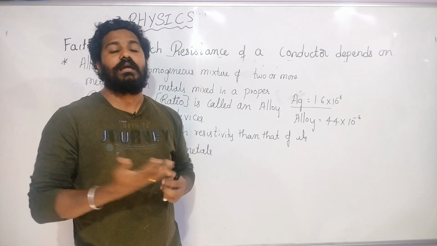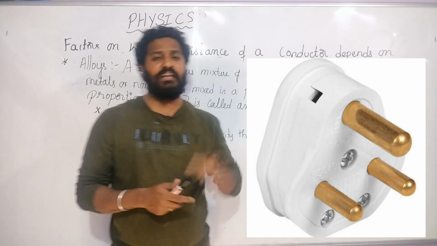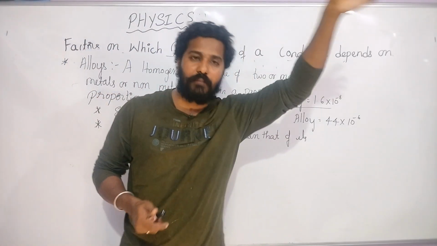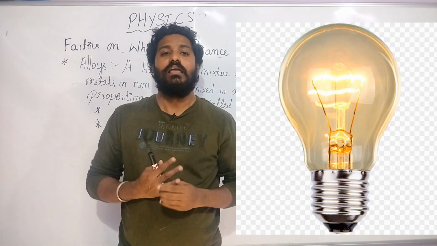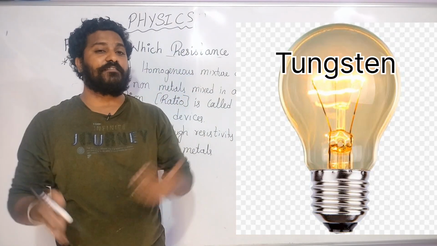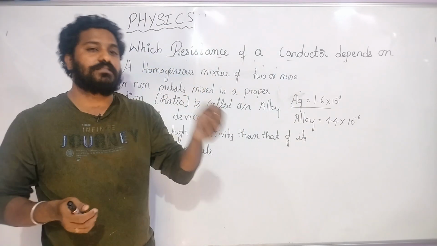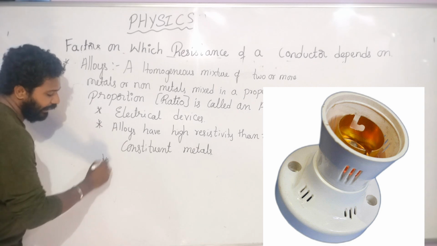So what happens? It gives out as much heat. I need the high resistivity component to be used in the bulb, so I will make tungsten as an alloy. Like that, we cannot say that we need zero resistance all the time. We need it only for some uses. Okay, this is the first point you want to note down. Next,